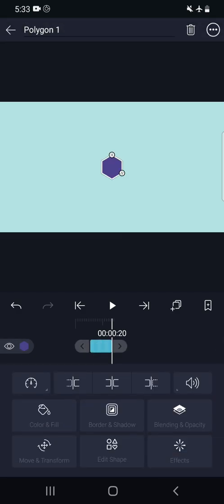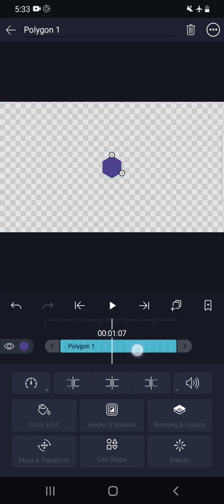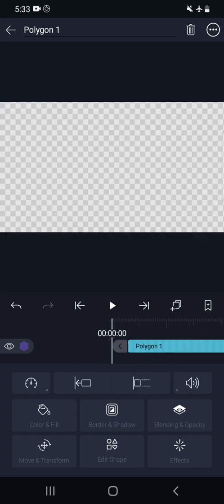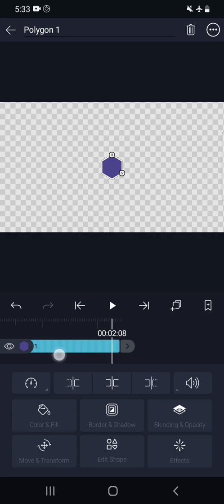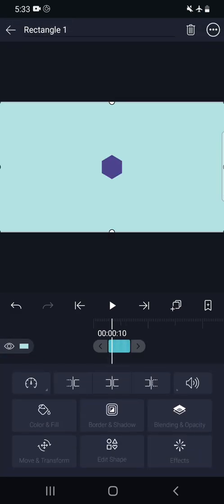Now what we will do is we will long press in this particular area and pull it to increase the duration of that particular object. Means that object is remaining on the stage for this much duration, that is 2 seconds 12 milliseconds. Okay, so now we will click on this particular object,